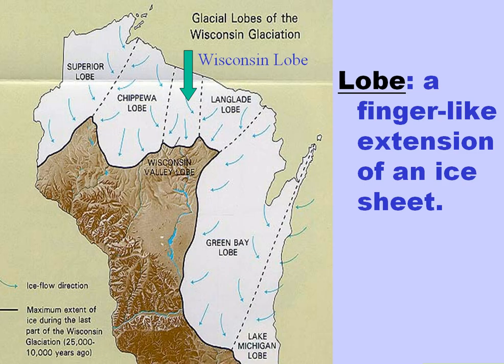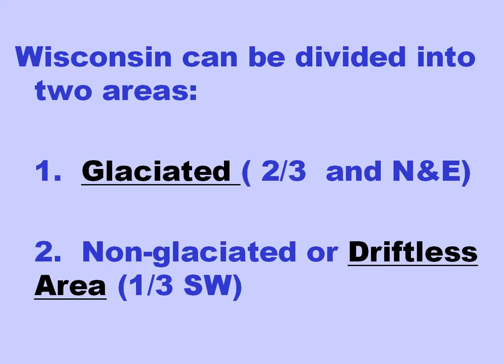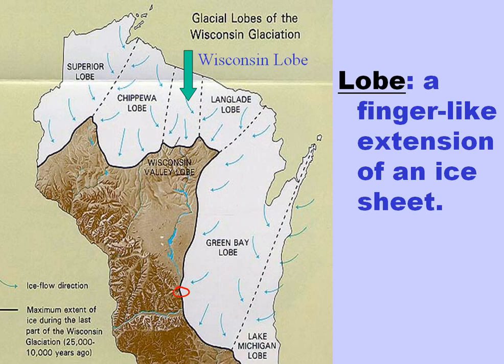So here we see these different parts. So you got your Superior Chippewa lobe. I didn't mention the Langlade lobe before because it didn't have a pronounced impact on a great part of Wisconsin, but it did help shape part of northern Wisconsin. Here in Baraboo, we would have been covered by the Green Bay lobe. We're actually right in this area here, which is Baraboo, and part of the area around us was covered by the last glacier, and part of it was not covered by the last glacier. So a lobe is a finger-like extension of an ice sheet.